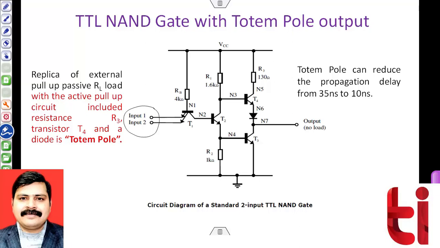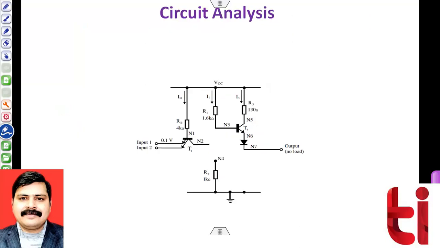Okay, so let's see the functionality of this particular circuit. Once again, as this is a NAND gate, we will verify the function of this circuit in two steps. For case 1, when any one input is 0, we have to prove that my output should be 1. And the second case, when all inputs are at 1, we have to prove that my output should be equal to 0. So these are the similar two cases as we discussed in the open collector configuration. Okay, let's see the functionality.